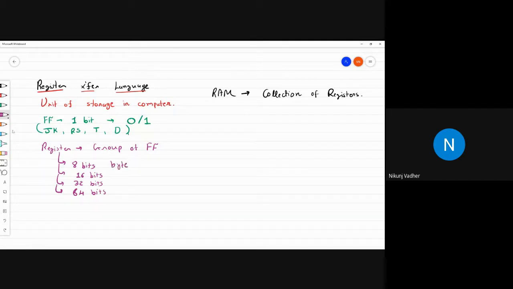This is represented as word. This is represented as a double word. So, depending on the architecture, register size will be different. Now, I hope you people are clear with the definition of register.